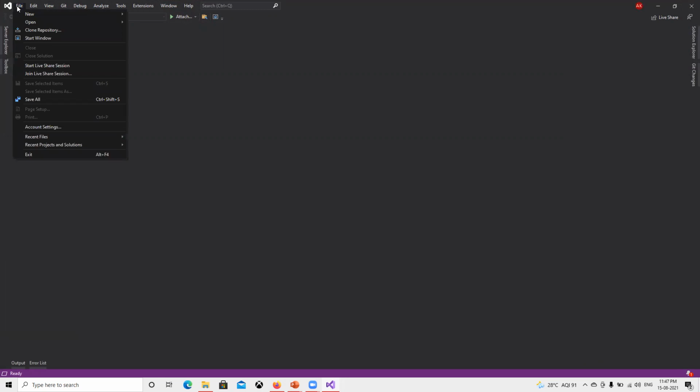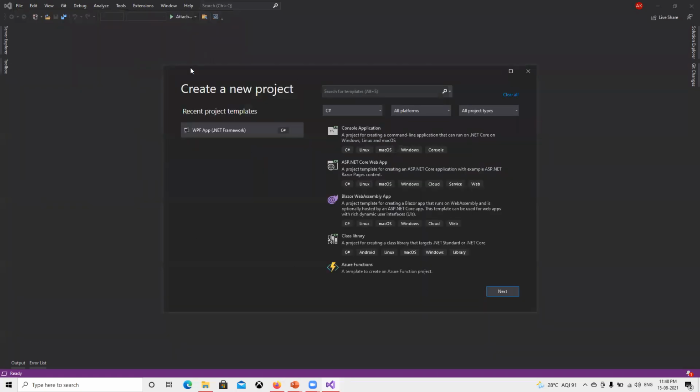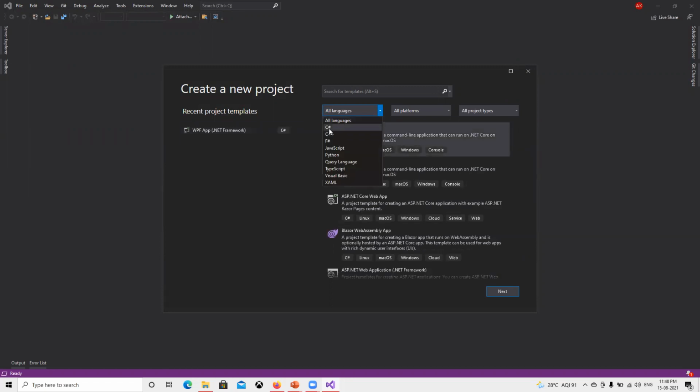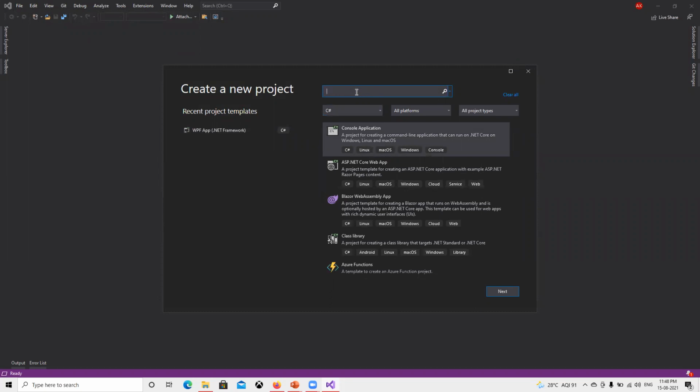First I will go to File, New, Project, or you can use the shortcut Control Shift N. Then we'll get this new project window. Here I put a search for C# .NET, so it's coming for me. For you, it might come by default as all, so it's better if we can put it like this. Then it will be easy to search, since it will only search for this specific one. You can see this one is also coming for me because I used WPF .NET Framework before. Once you do it, it will start displaying for you as well.